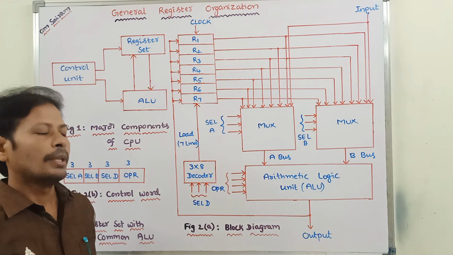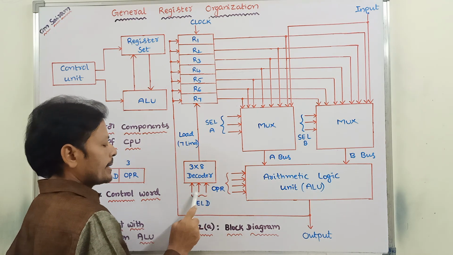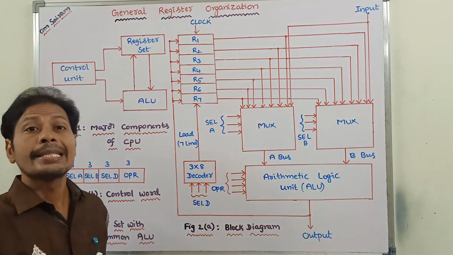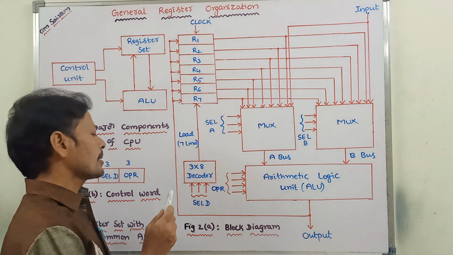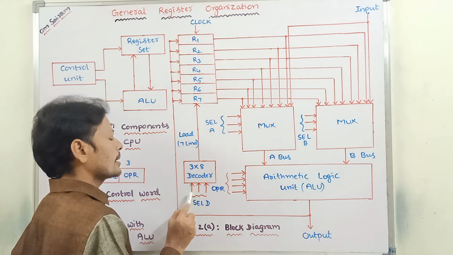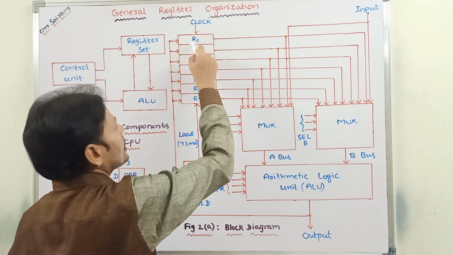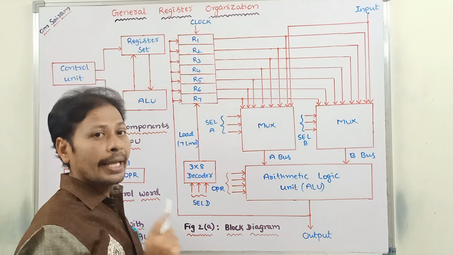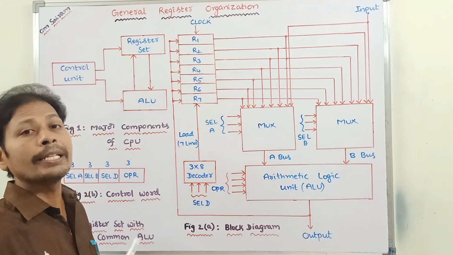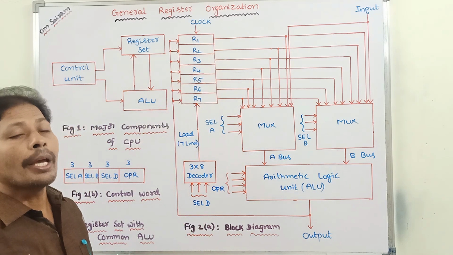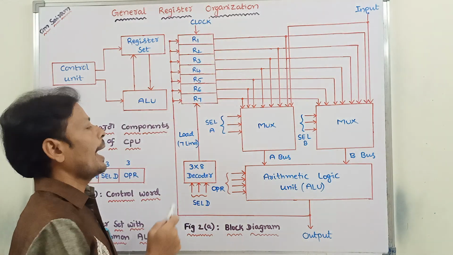Suppose here select D is nothing but the selection inputs of the decoder. Suppose this value is 001. Then the R1 register is selected. Then the R1 register is ready for receiving the result of the ALU operation by applying the clock pulse and enabling